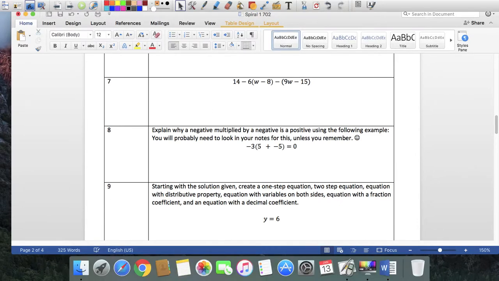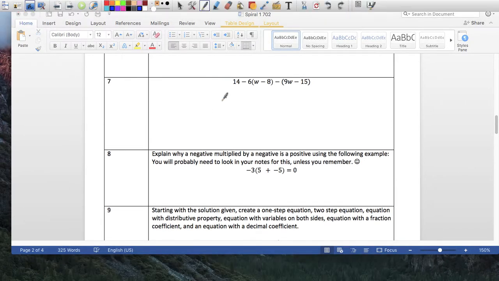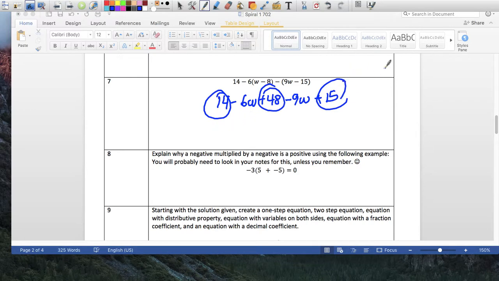Continuing. This is, I guess, combine like terms once I apply the distributive property. 14 minus 6w plus 48 minus 9w plus 15. I have 3 numbers here, 14, 48, and 15, and they're all positive. And I have no idea how much that is. 14 plus 48 plus 15 is 77. Plus or minus 15w. So if I combine these two, I get